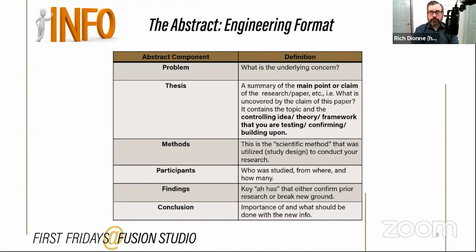So as Mary has pointed out, there is a framework and a culture of a particular way of presenting information around a research study that informs how an engineering abstract is written. And as she said, there is generally a moment where you identify what a problem is, and then you have a hypothesis for how you're going to address that problem. That forms the thesis statement of your abstract and your presentation. Then you identify how you're going to test that. And if anybody remembers their 9th grade natural science class, this is all about the good old-fashioned scientific method. This is the thing I'm going to address and try to find information about. This is how I'm going to do it, and this is how I'm going to prove what I figured out.